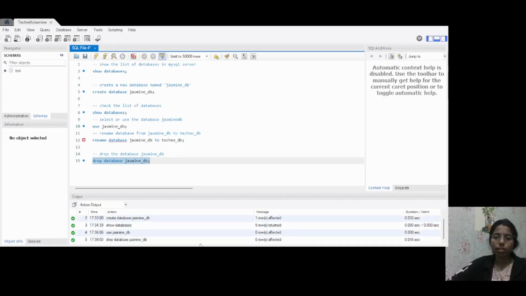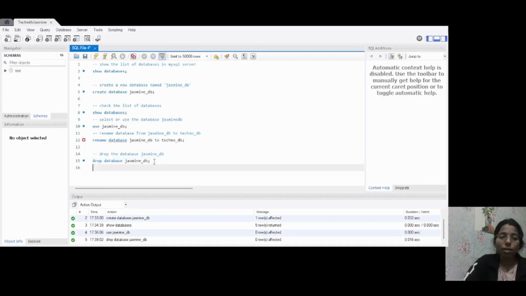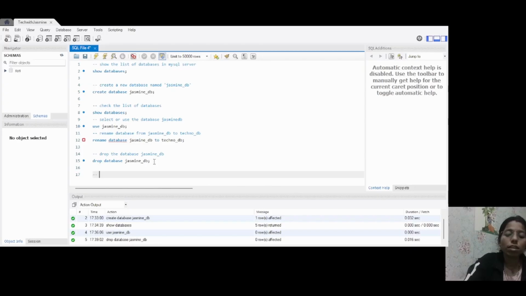See, drop database, 0 rows affected, green tick mark, that means it is done, it's deleted. In schema also you can see the result. If I refresh also, no Jasmine DB is there. Now let me check the list of databases